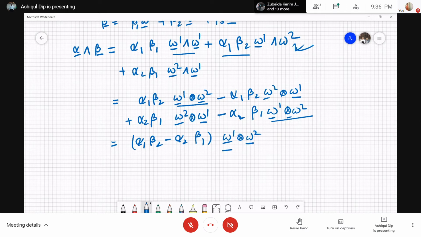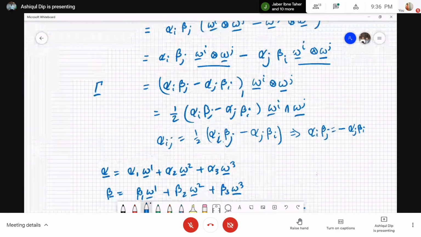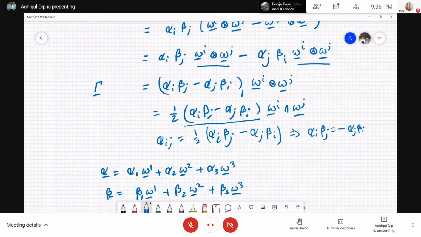So that's an independent component. Now we have another component which might seem independent, but it's really not. That is minus alpha 1 beta 2 plus alpha 2 beta 1 times omega 2 times omega 1. As you can see, we are left with only parts that are purely antisymmetric. So that's why we wanted to write it like this instead of just